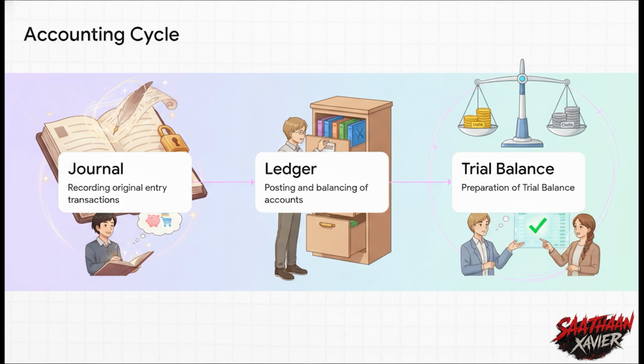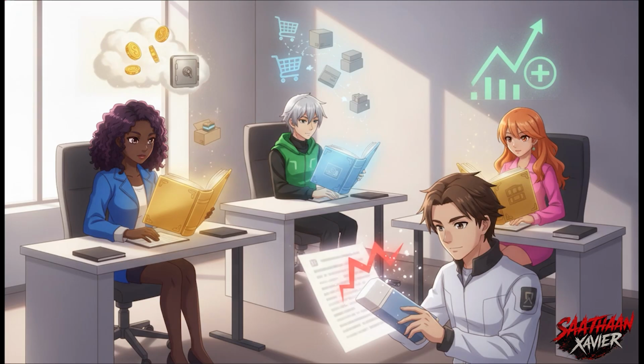If your debits do not equal your credits in that final step, well, you've got a mathematical error you need to hunt down. Now, to handle large volumes of data efficiently as a business grows, you obviously can't journal every single tiny transaction. It would take forever. So you'll learn to categorize specific, repetitive transactions into subsidiary books. All cash and bank transactions go strictly into the cash book, all credit purchases go into the purchases book, and so on. This divides the labor and keeps your main journal nice and clean.